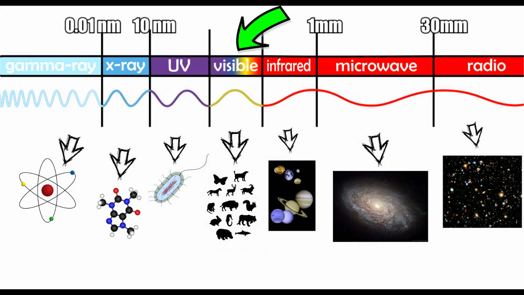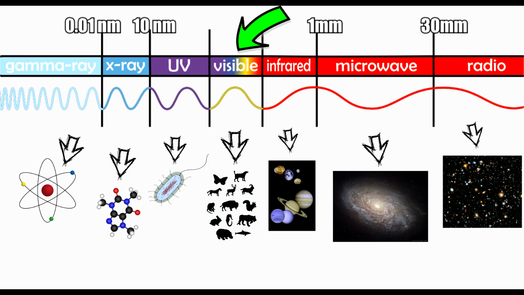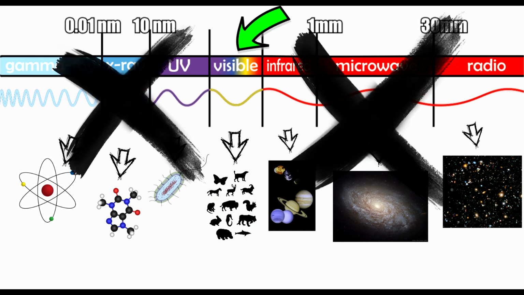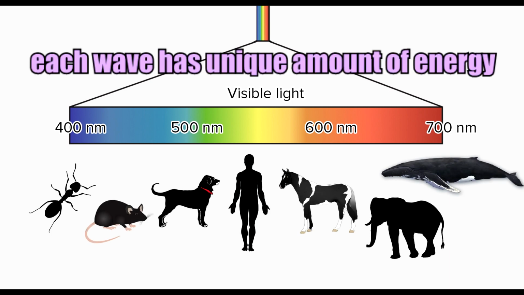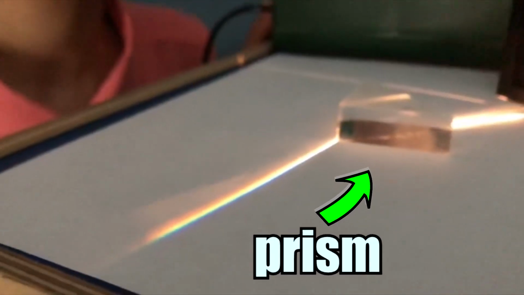We are interested in the middle of these lengths because those on the left and those on the right are not visible to the human eye. Therefore, this section is called visible light. Just as animals can be distributed by size, visible light can be divided into a spectrum of 7 waves of different lengths and correspondingly different energy. They are familiar to us as the components of visible light, colors, and it can be proved by a prism.